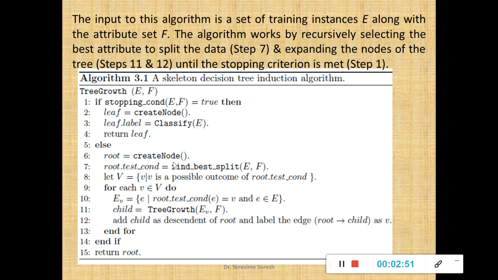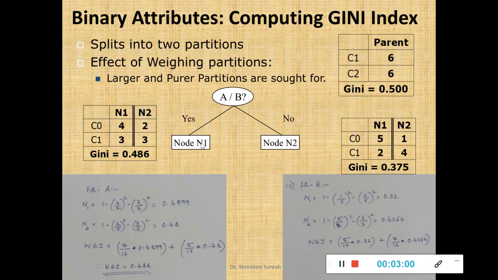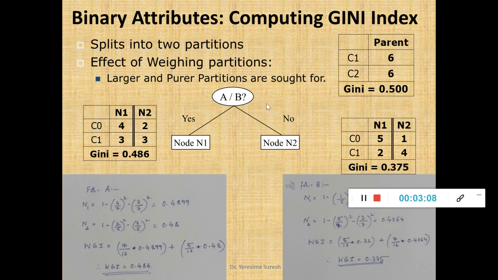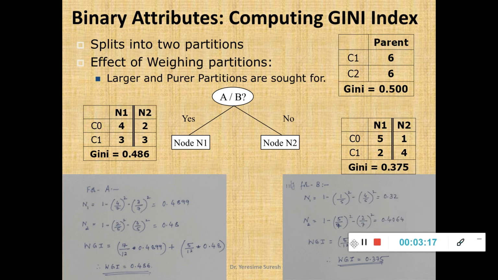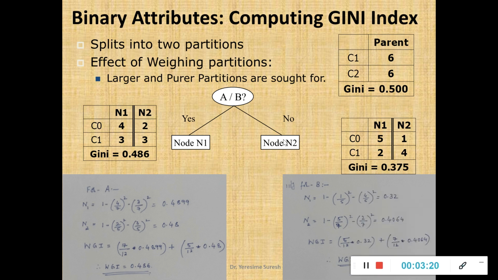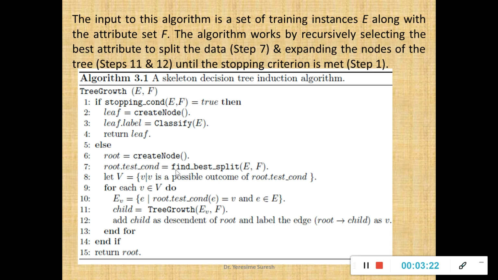Else I am supposed to create a node. So I'll create a node, it might be my root node, then I'll find the best split. How to find the best split? In the previous lecture we have seen there are two splits, and I'll select this split with the second of the B attribute because it is having the lowest value of weighted Gini index. Any attribute having the lowest value of weighted Gini indicates that it is the purer node. So such attributes will be taken to split, and hence I call them the best split.